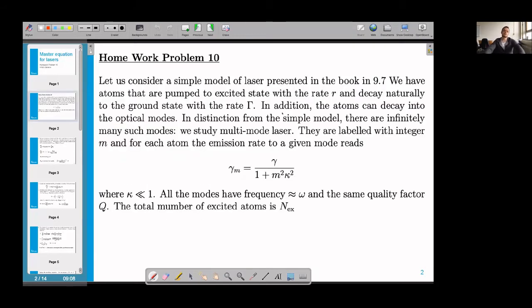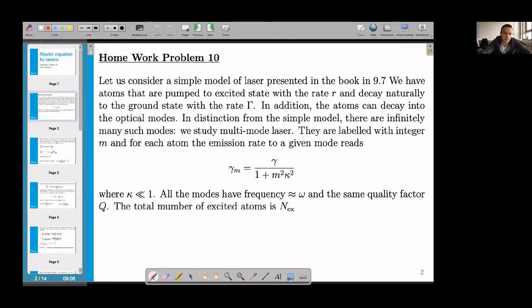We first consider a simple model of laser that is also presented in the book. We have atoms that are pumped to the excited state with the rate R and decay naturally to the ground state with the rate big Gamma. In addition, the atoms can decay into the optical modes. So in distinction from the simple model in the book, where there is only one such mode, here we have infinitely many such modes, and they're labeled with the integer m. And for each atom, the emission rate is given